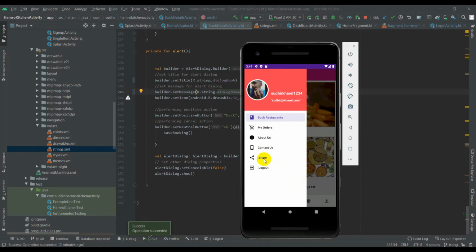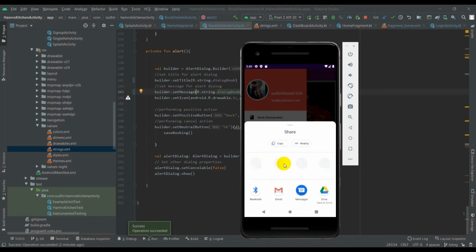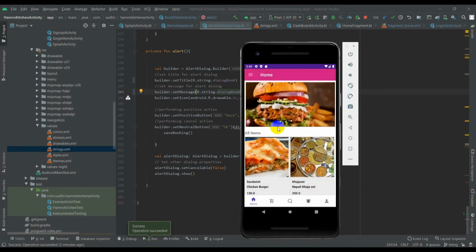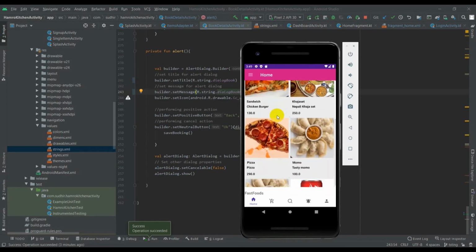Whenever I click on share, it will show me options where I can share to different apps like Gmail, message, Drive. And the dashboard page contains all the items that are available in this application.